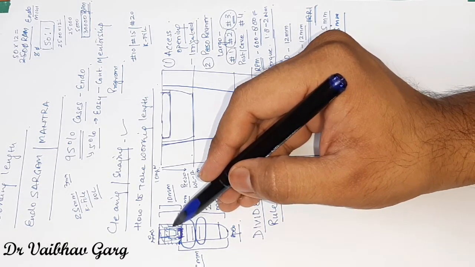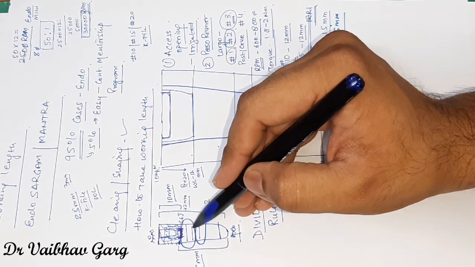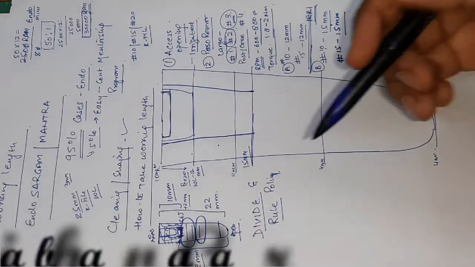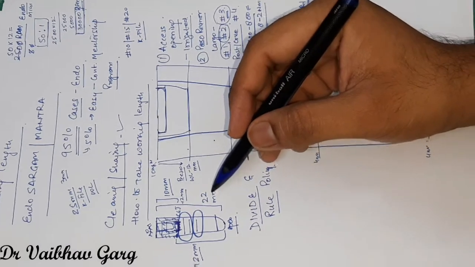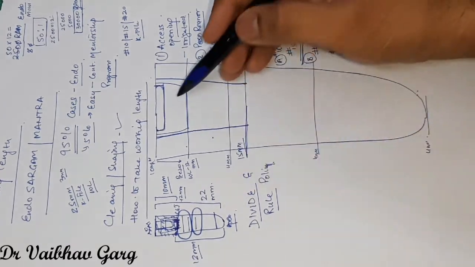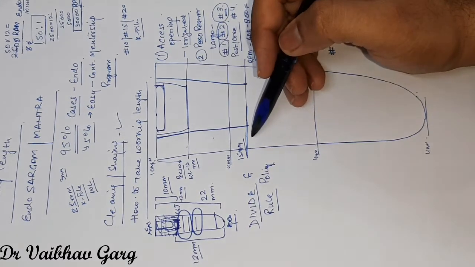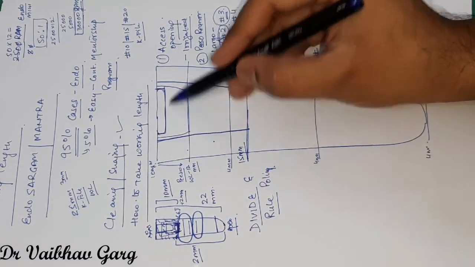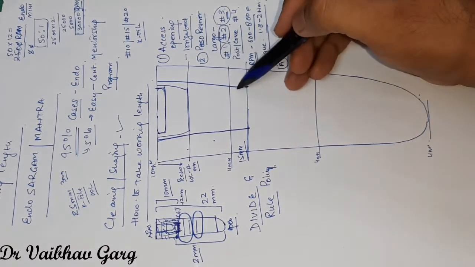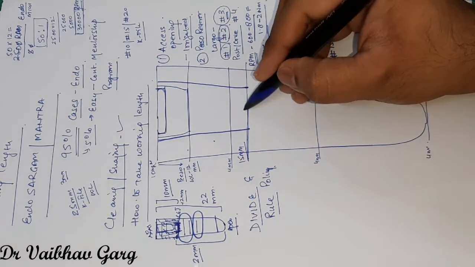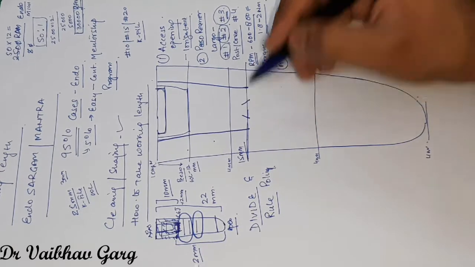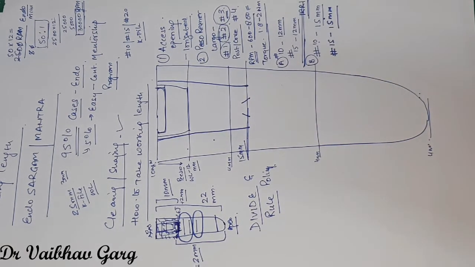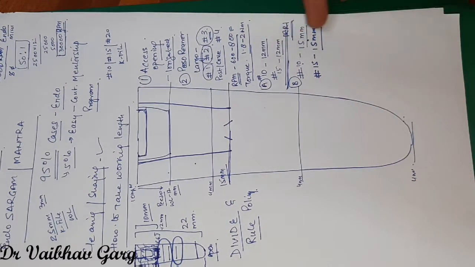Now the coronal 1/3 and the middle 1/3. What we have to do is, when we have covered the first 15 mm, the kind of confidence you gain, because these areas are wide, there are no constrictions. Just in case there is a division of canal, it will be much easier for you to understand. And now after these two steps are over,